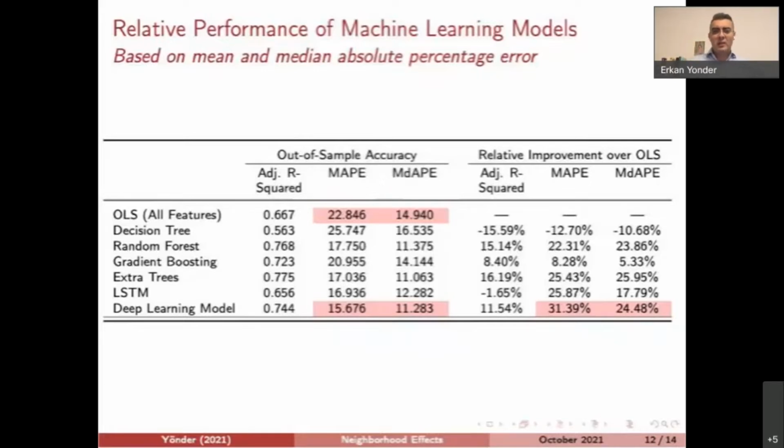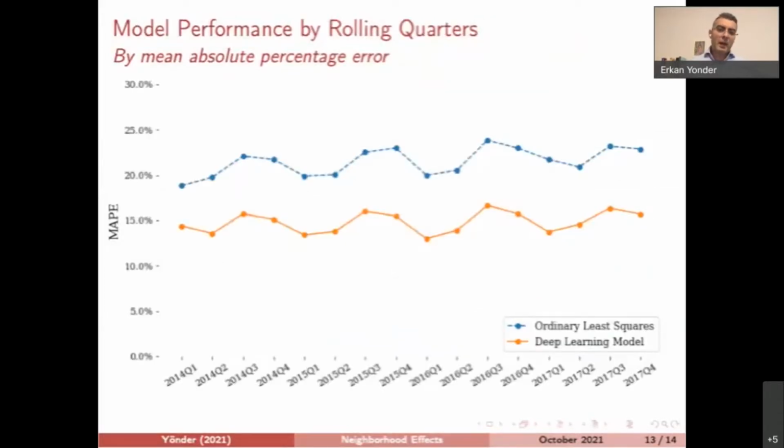And we tried different models, and in the end, we developed our own deep learning model, and it's the best performer. Just one final note on the findings. This shows the error by time. Actually, it's not time dependent. Always the deep learning model beats the standard linear model. So we see that the improvement is always there, and it's not time dependent.